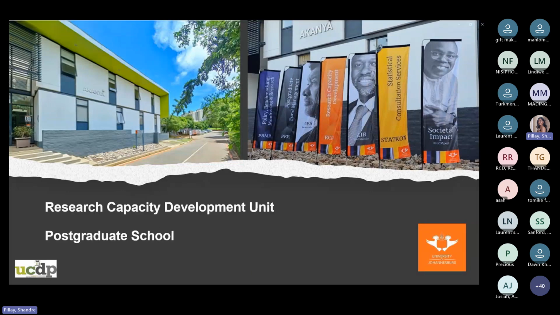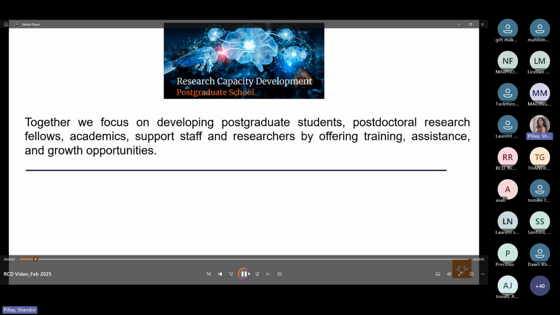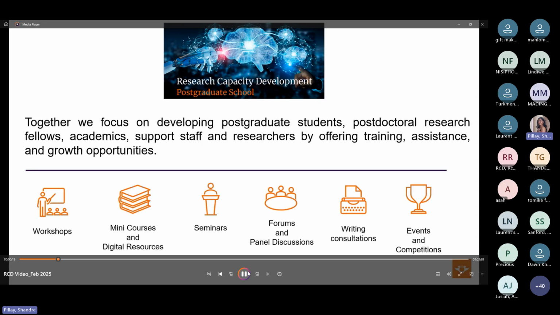Welcome to the Research Capacity Development Unit, the Graduate School. Together, we focus on developing postgraduate students, postdoctoral research fellows, academics, support staff, and researchers by offering training, assistance, and growth opportunities. We achieve this by providing workshops, mini-courses, digital resources, seminars, forums, panel discussions, writing consultations, events, and competitions.